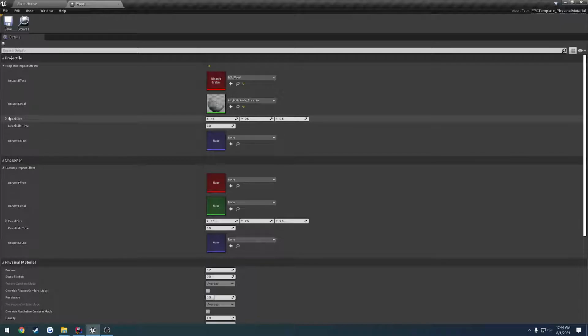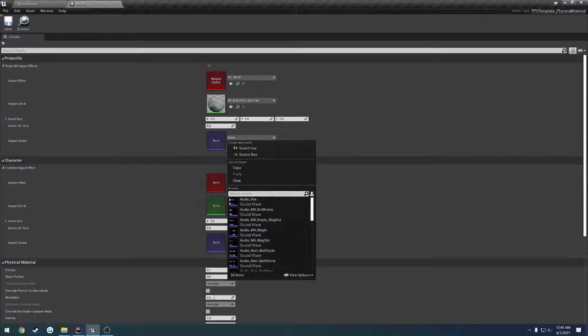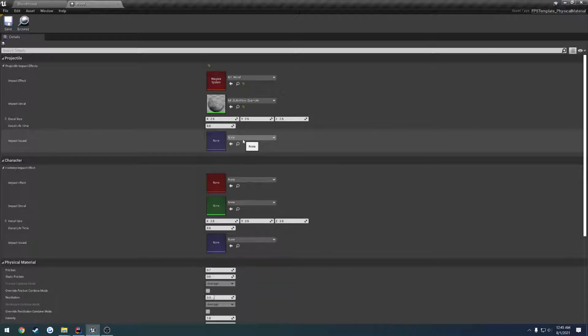So this is the size that you can use to display the decal on whatever surface you hit. You have the lifetime of the decal, so once it spawns, it'll be killed after 8 seconds. And then you have the impact sound, so I can play whatever one of these that I want whenever the projectile hits that physical material. Each physical material will have its own unique setup, so to speak,